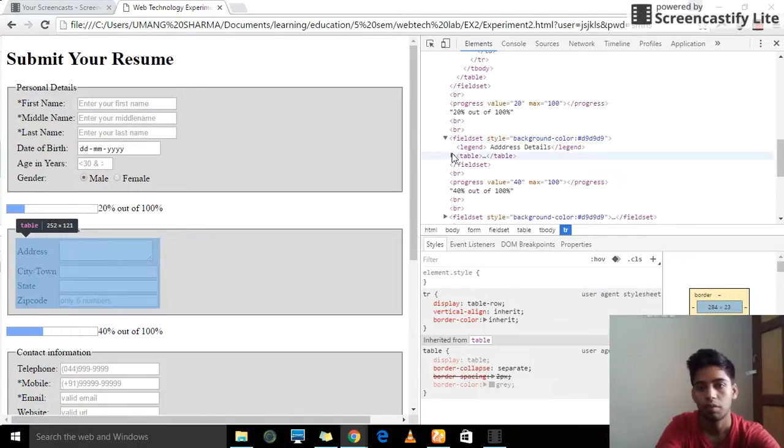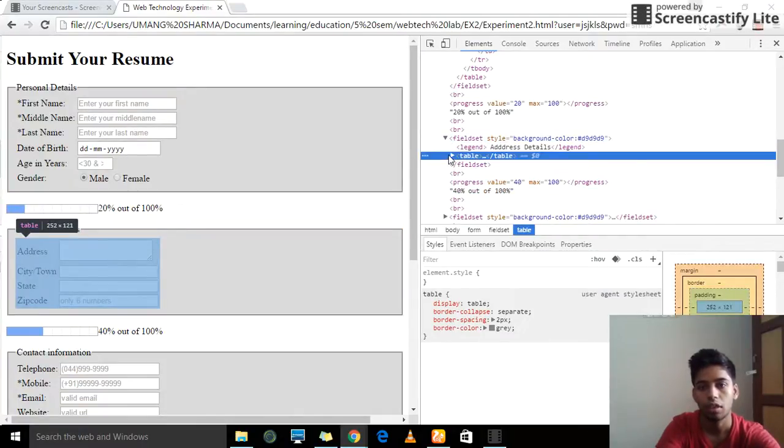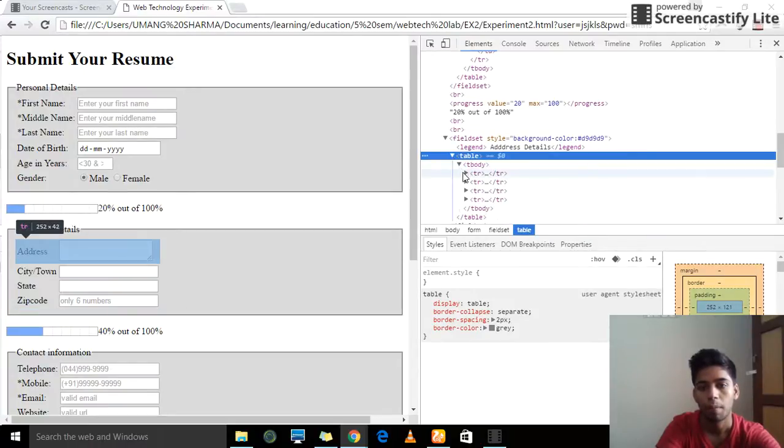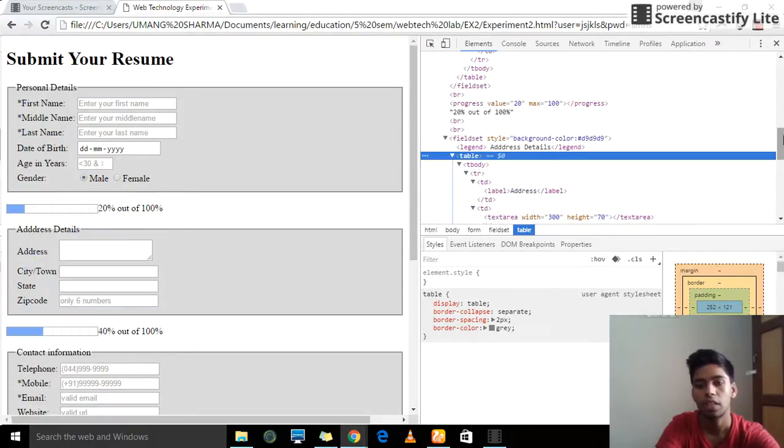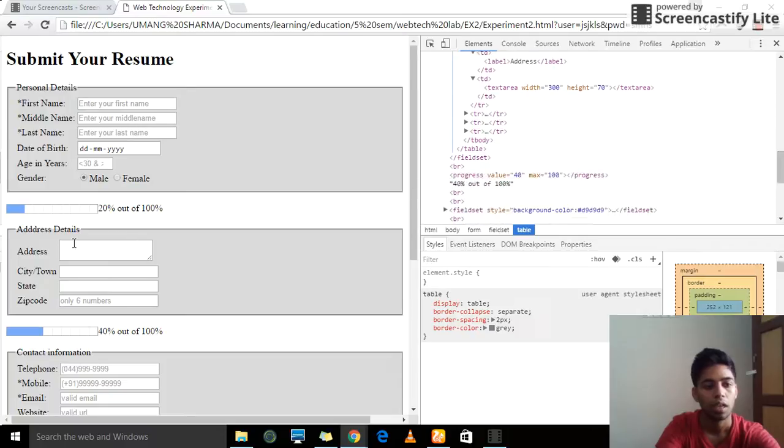This is my second table. We'll set the table again. As a table, I did my table body, label, and here we need to give text area. Same here we can give city as our input type text. Here we can give number. Here only 6 numbers, then we need to give our length,